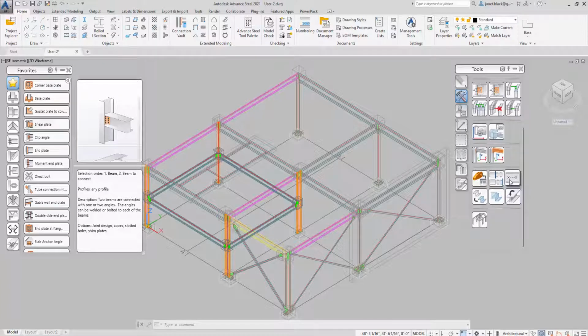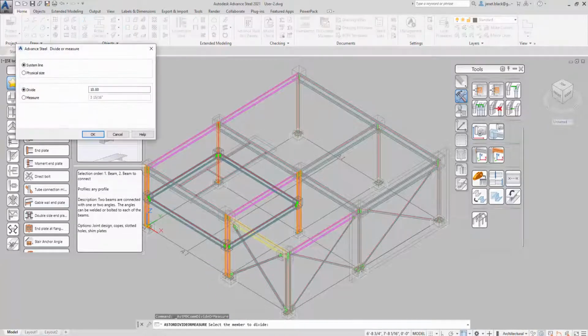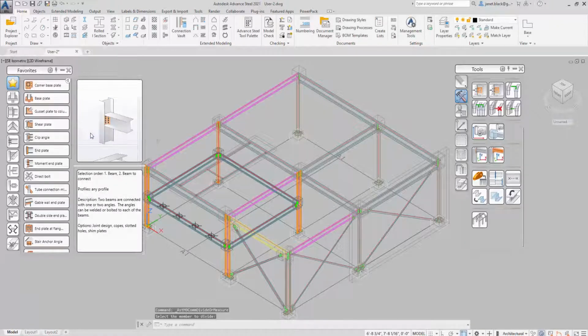How does it work? Just select the tool, select the member to divide. I'll divide by system line, and I'll put in a value of 5. I'll select OK. So there we have our little nodes. And from here, I can go in and put in my beams, I-roll sections,